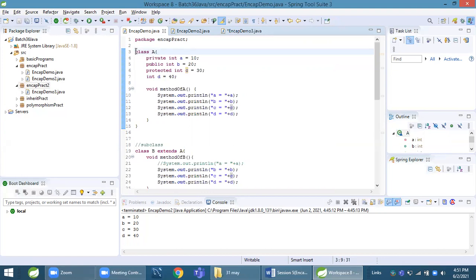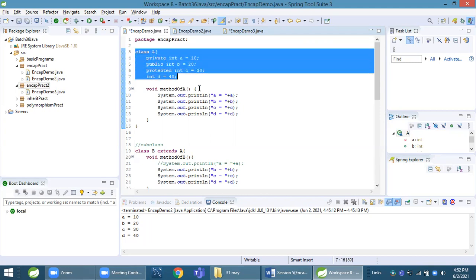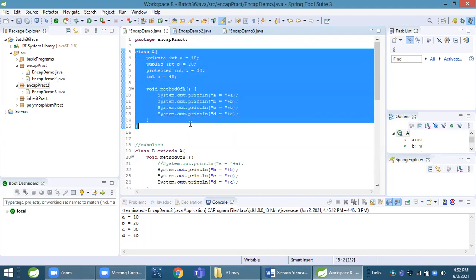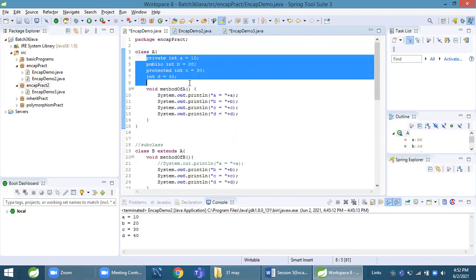This class is not public because the default, as we know, default members are not accessible outside package, and class is default here. We have not specified any public or protected or anything here. It means this class is default type. And we know scope of default member is within package only. That's why class A's members or class A will not be accessible outside package. That's why we cannot test these members.